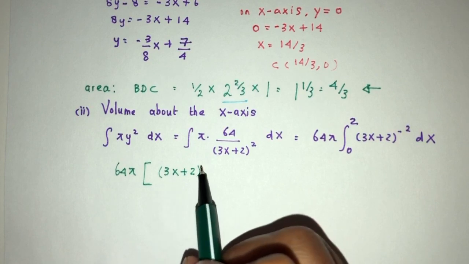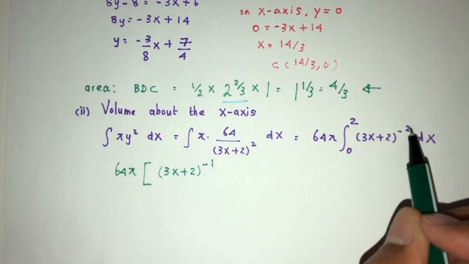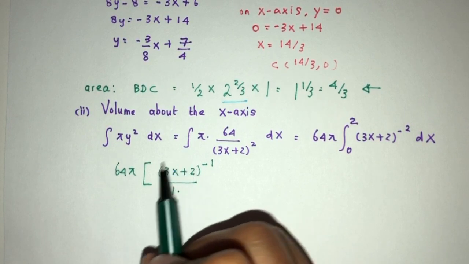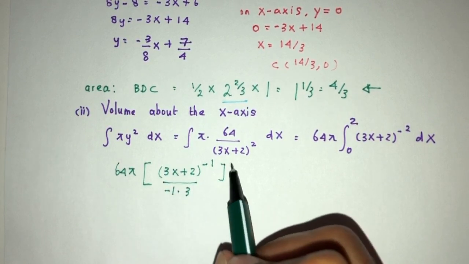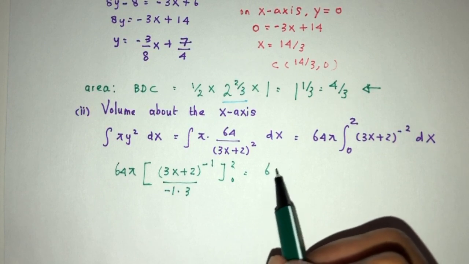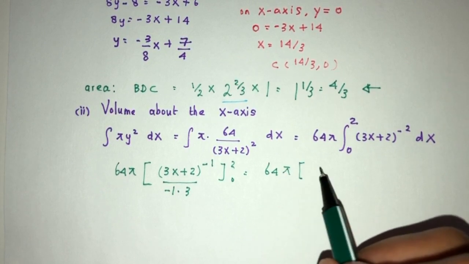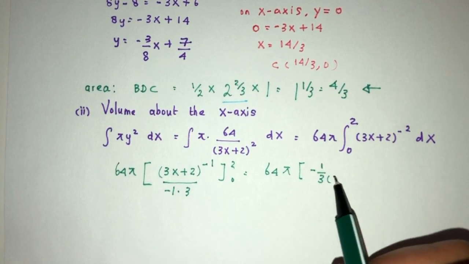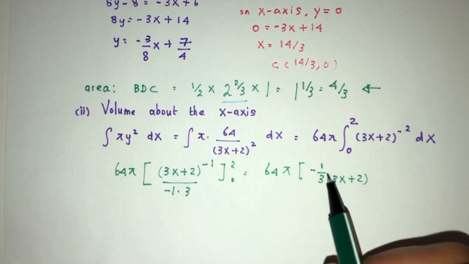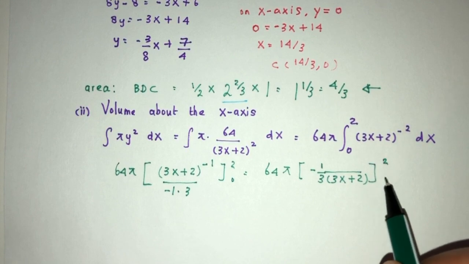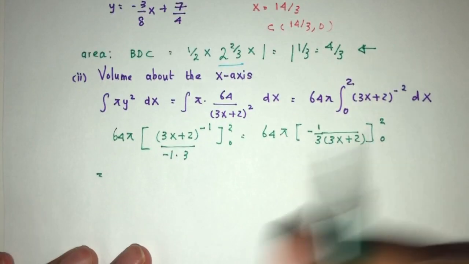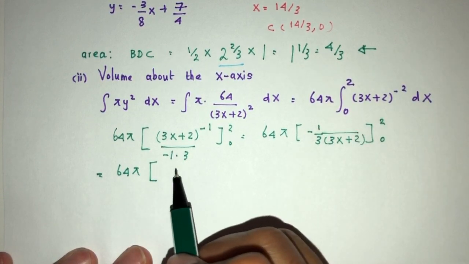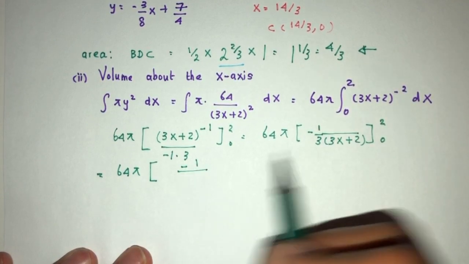First we have to increase the power by 1, so minus 2 plus 1 will be minus 1. Divide by the same power, then divide by d by dx of the value inside, that will be 3. Then we have limits 2 and 0. That will be 64 pi, and we have minus 1 over 3. We can bring this down, that will become 3x plus 2, and then the limits will be 2 and 0. So 64 will be outside, pi, and then here we have minus 1 over